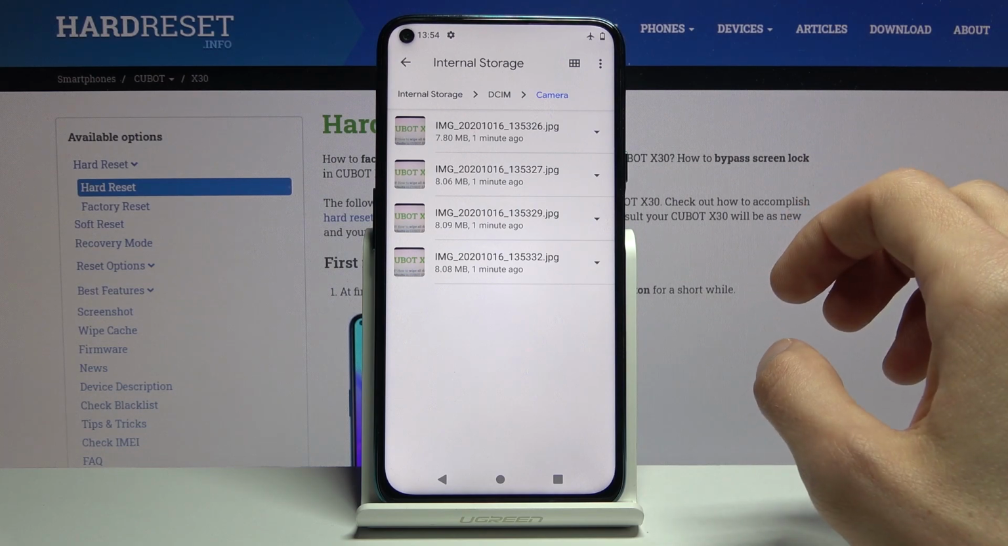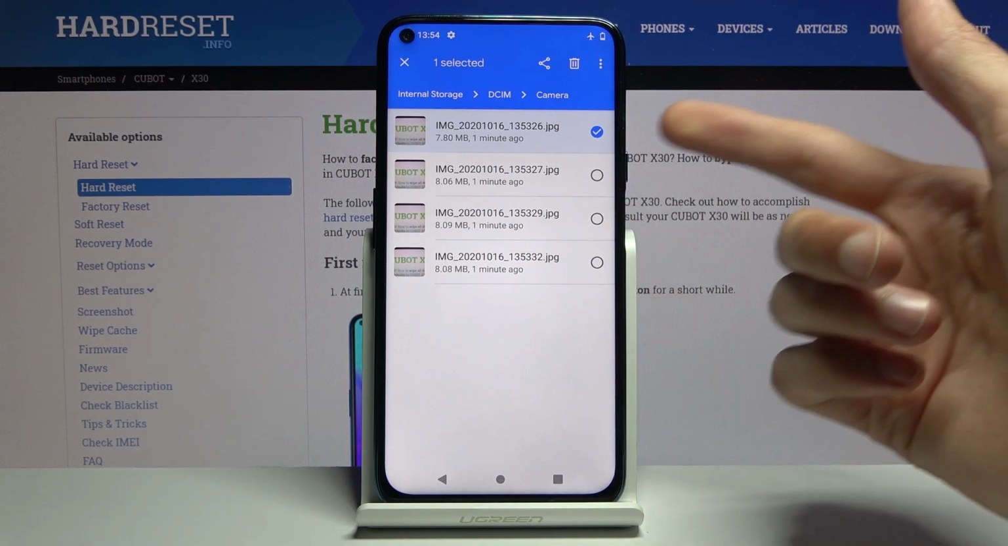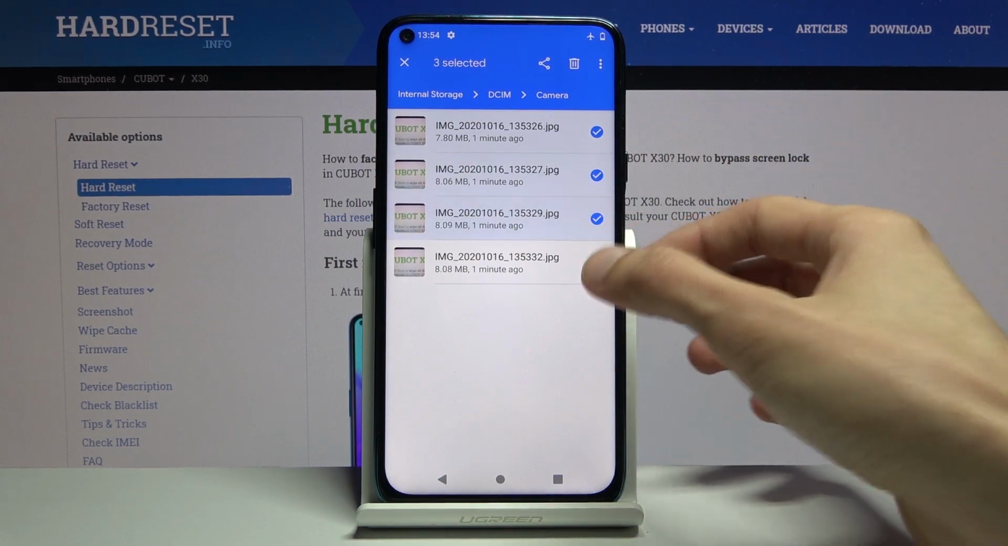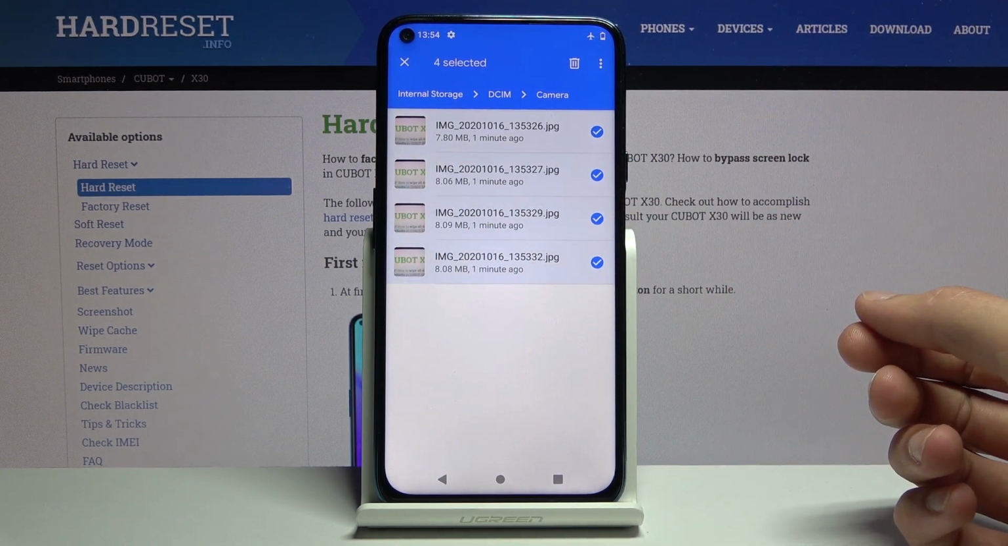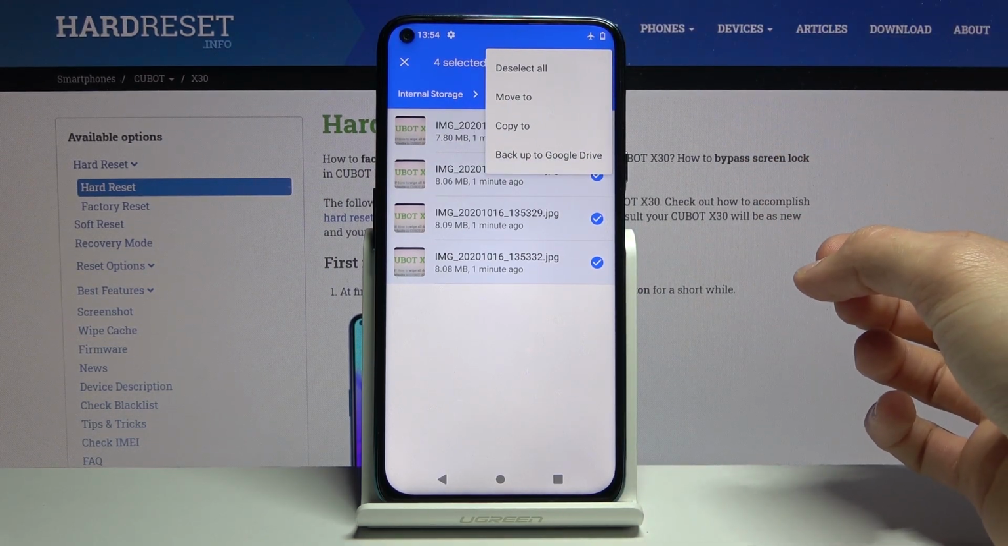there they are. Once you find your files, you want to select them, and you do it by simply holding them. It becomes selected like so, and you can tap on additional ones if you want to move more. Now once you have it selected, tap on the three dots right here and choose to either move it or